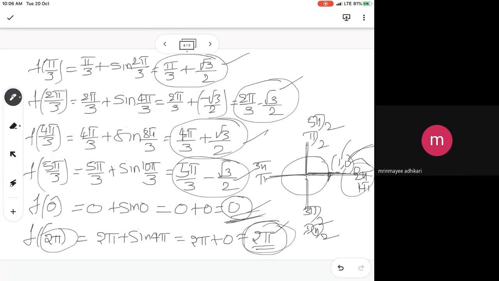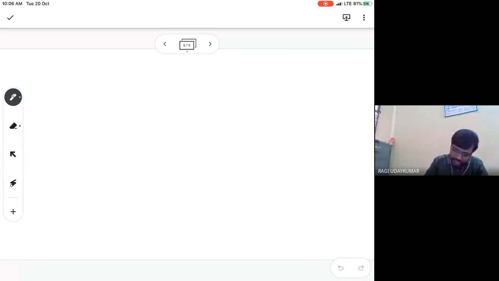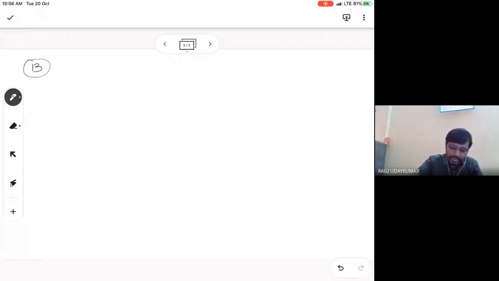So next question, see here, the 13th one. The question given to you: find the two numbers. From this problem onwards, the real applications of derivatives start. So find the two numbers whose sum is 24 and whose product is as large as possible. The question is, the sum is 24 and the product is as large as possible.